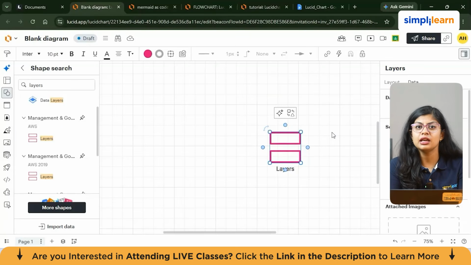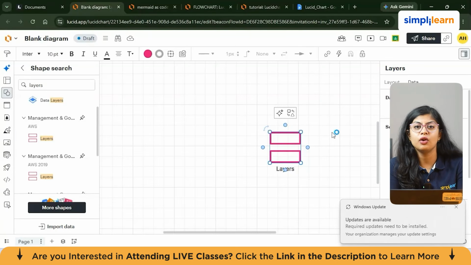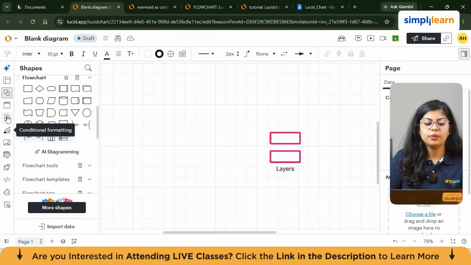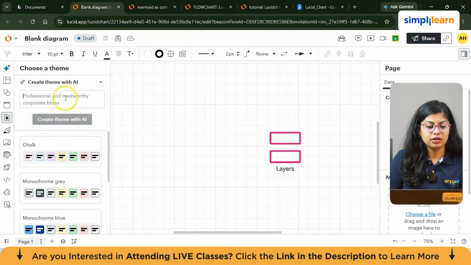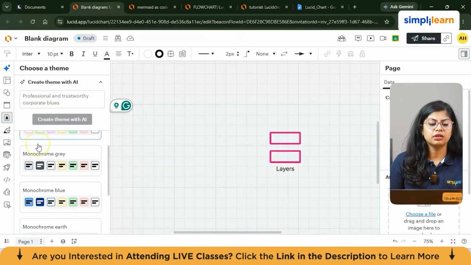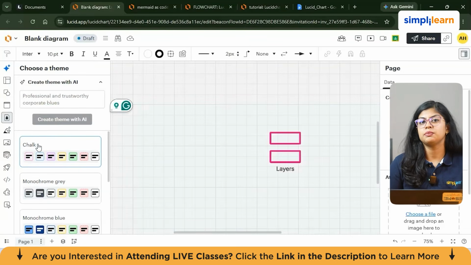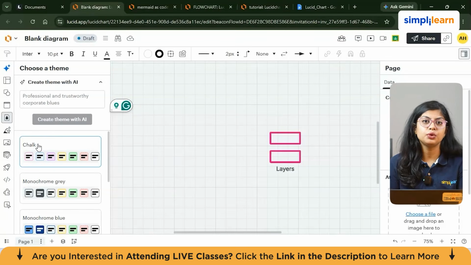Conditional formatting automatically changes the style of shapes based on rules. When you click on conditional formatting, you can create a rule such as: if the shape text contains "decision", or the shape type is decision, apply a red fill or border. Alternatively, create a rule for text containing "approval" and add a green checkmark icon, etc.